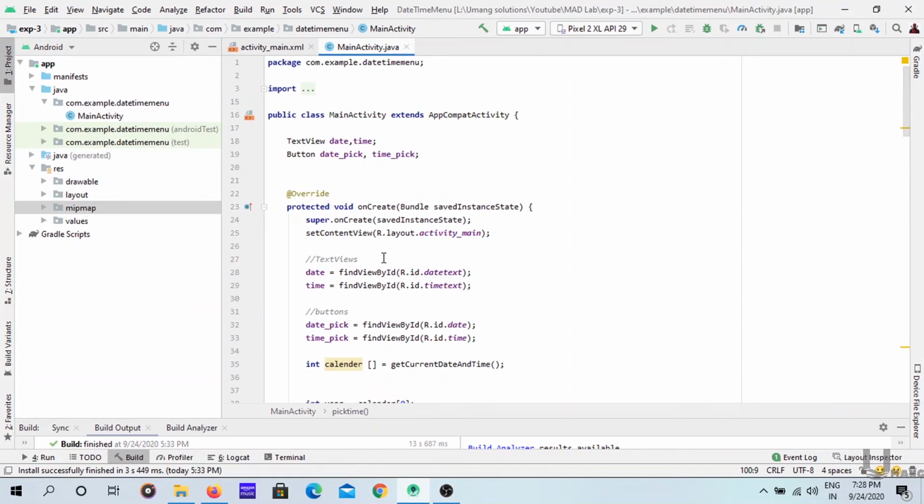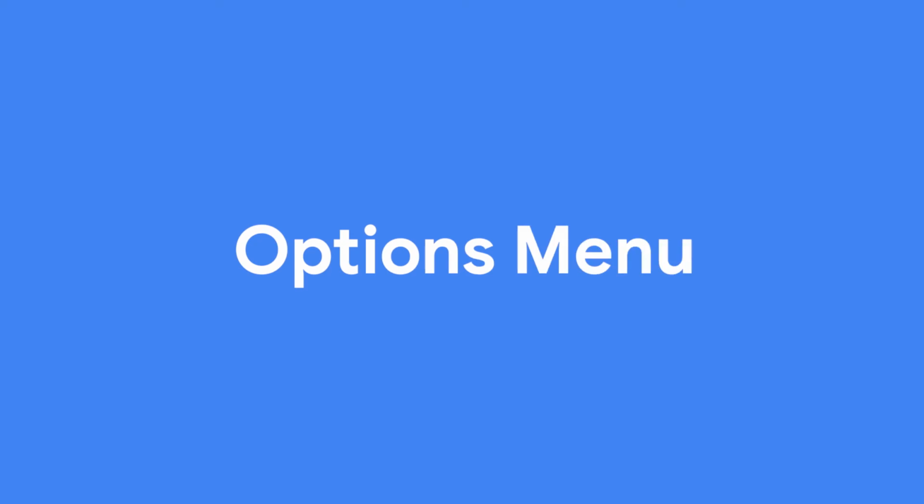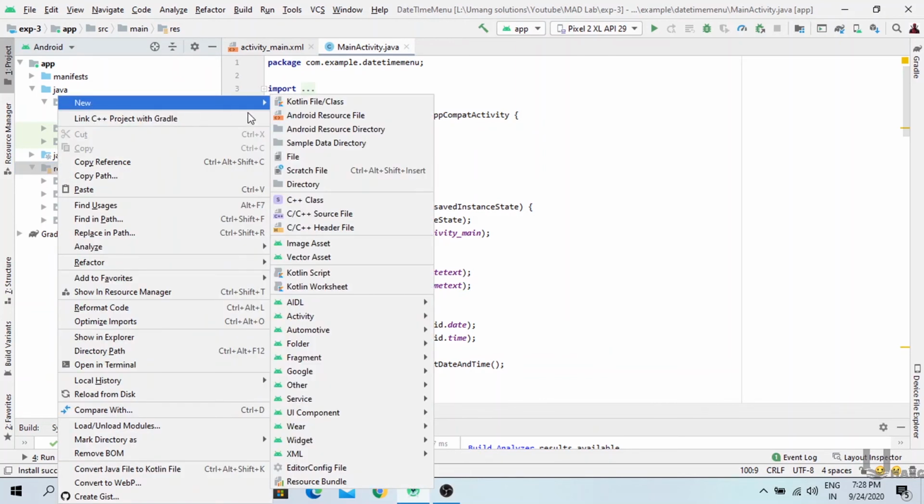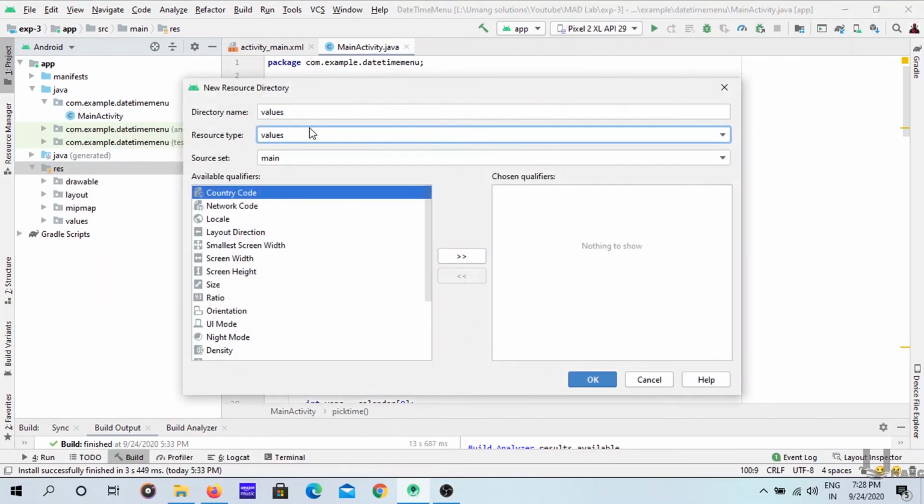Now let's move on to the option menu items. Create an Android resource directory. So select the resource directory, right click on it, click on new, create Android resource directory.